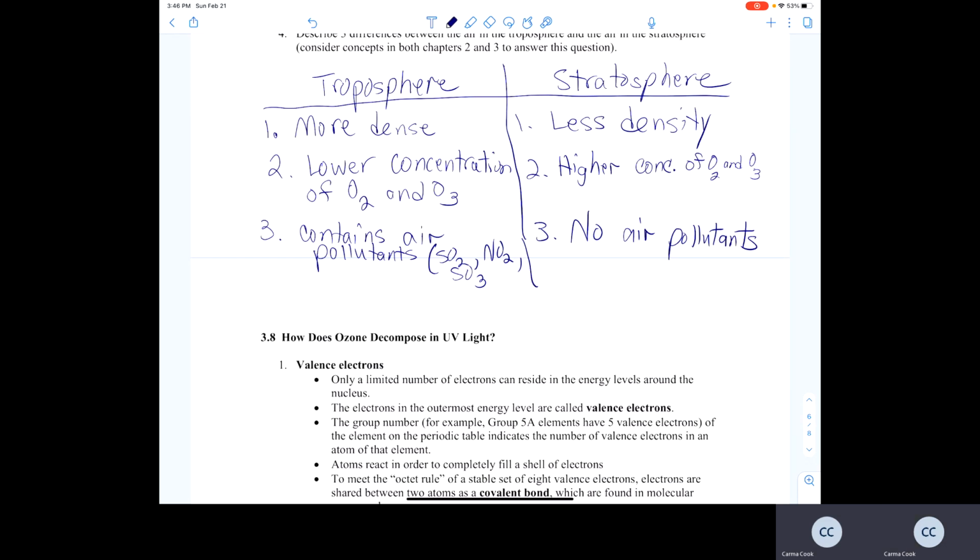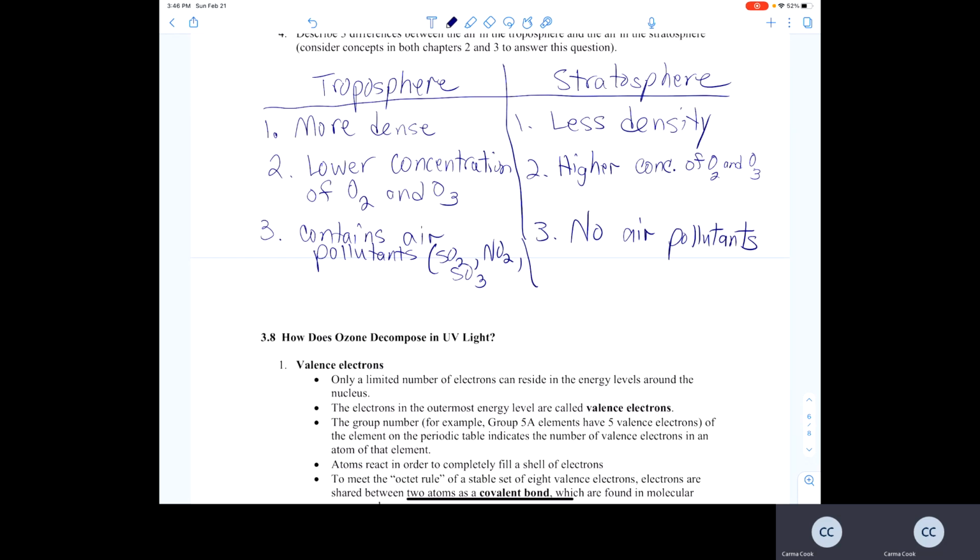So when UV light hits ozone, how does ozone absorb that UV light and cause it to decompose and therefore not reach the Earth's surface? Well, it all has to do with the molecular structure of ozone. And so to understand the molecular structure of ozone and other molecules, we draw what are called the Lewis structures